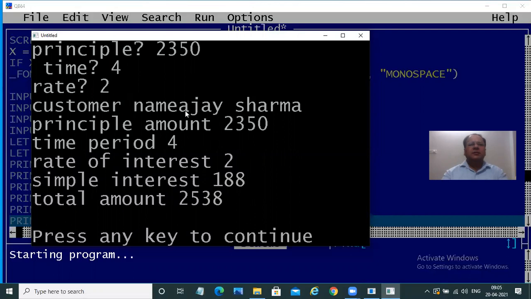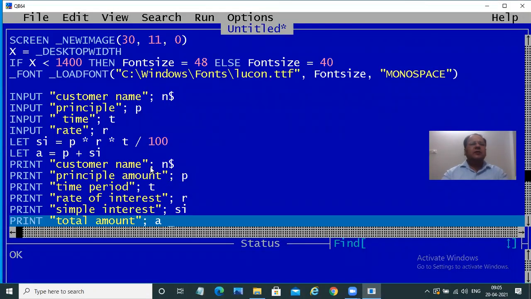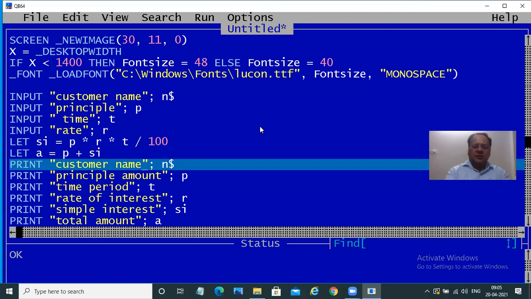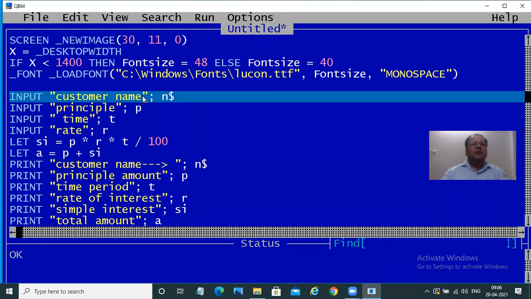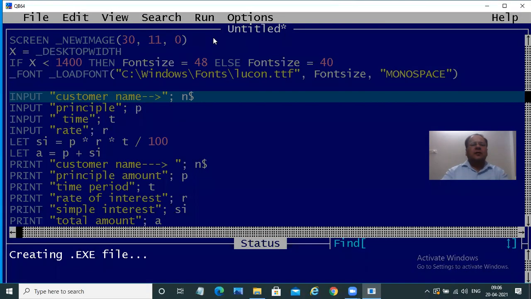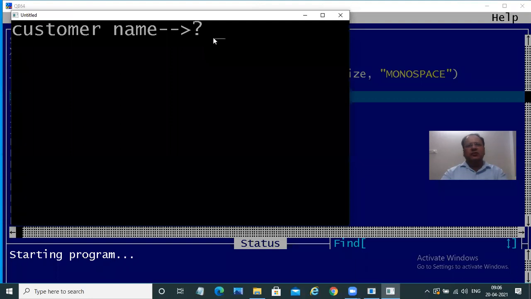Now what is happening is this is giving you a continuous output. So if you want to get rid of this, what you can do here is just put this type of a symbol, okay, and keep a little space here. So now when you run it at the time of entering, and you run it, now I'll enter. It is a variable, so I can keep changing the name whatever I wish to.